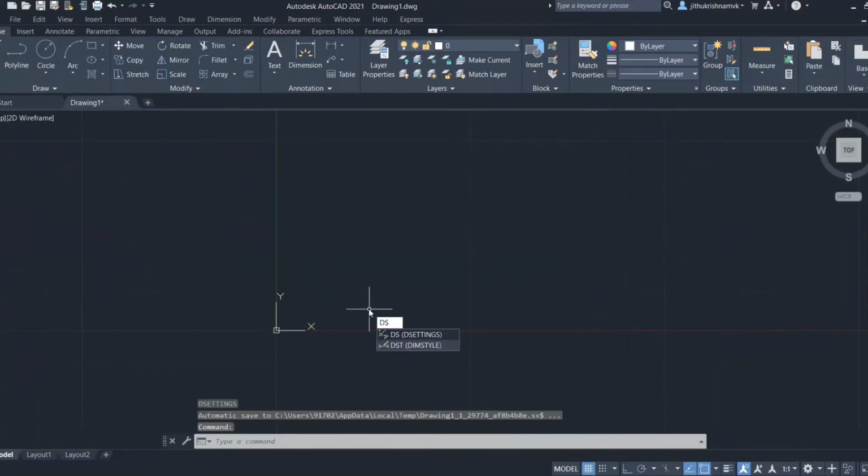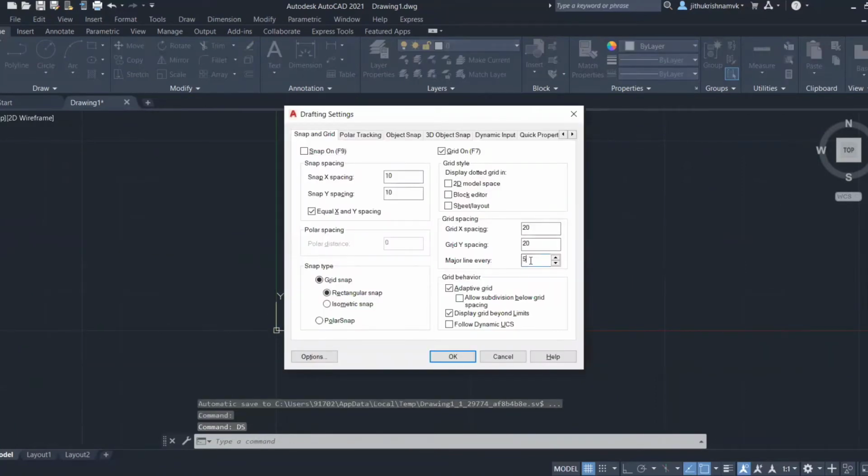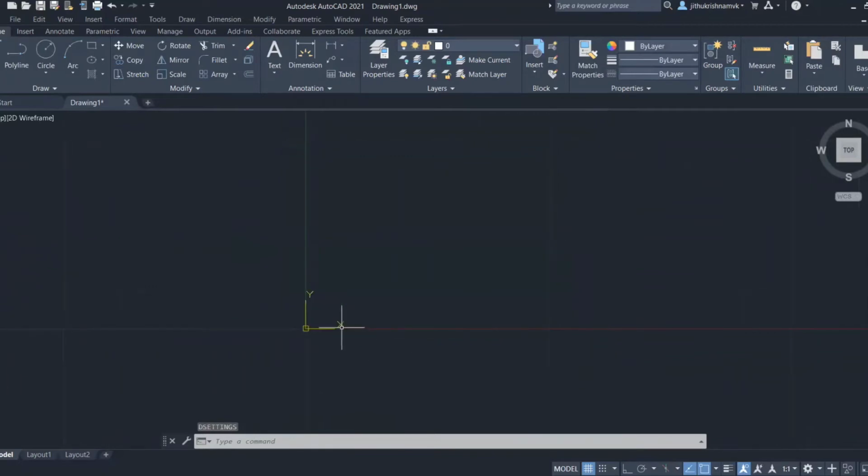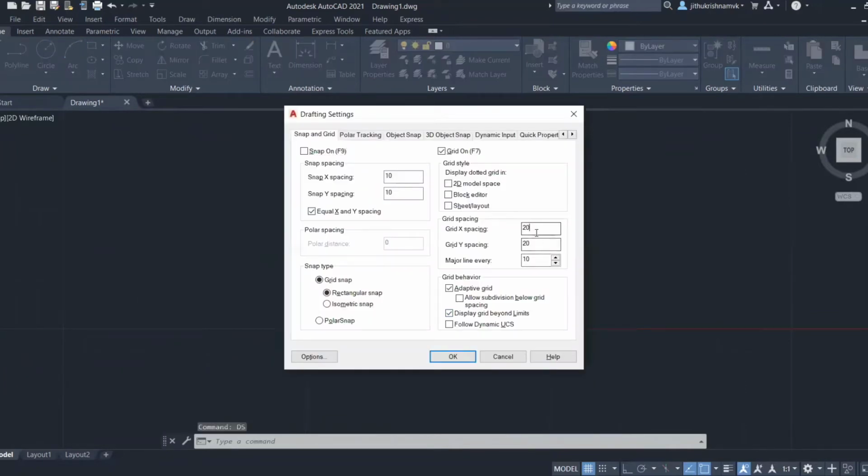And if we give a major line after each 10 boxes, we can see 1, 2, 3, 4, 5, 6, 7, 8, 9, 10 boxes. Now I'm changing it back to the default settings: 10, 10 and here 5.